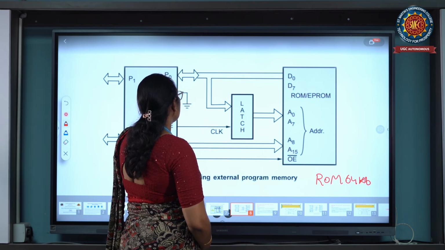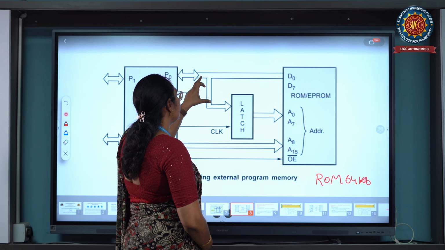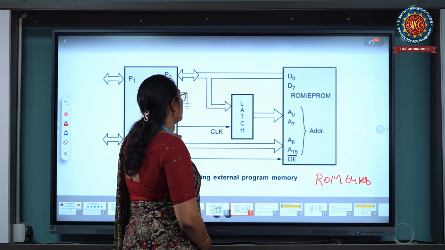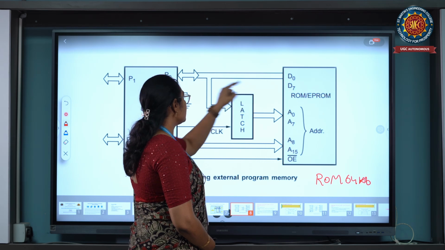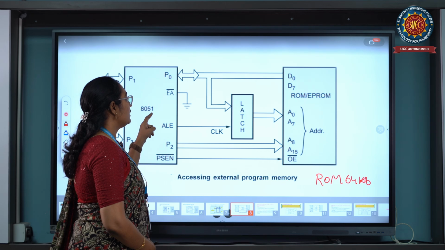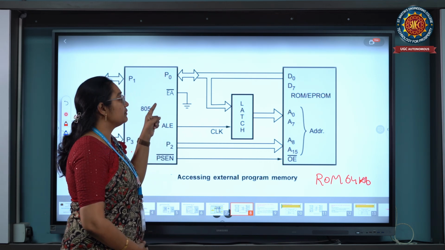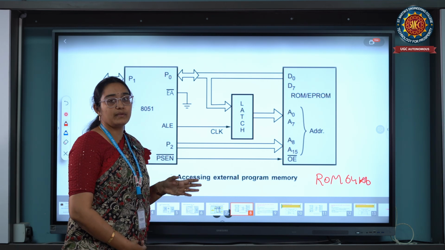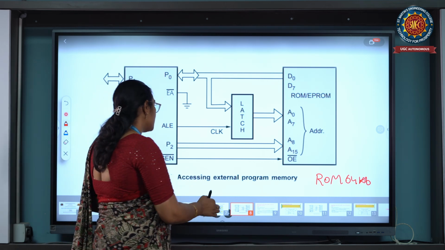Here in port 0 we have demultiplexed address and data lines. When ALE is 0, then only data lines are accessed. When ALE is equal to 1, then only address lines are accessed. When the EA pin, the external access enable pin, is grounded, then only we can use external memory interfacing. Okay, next one is